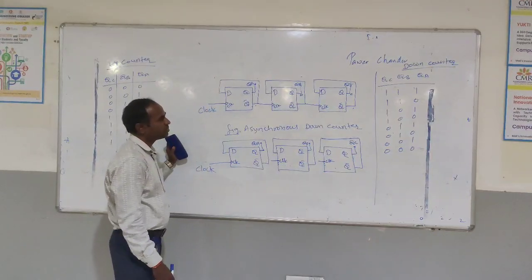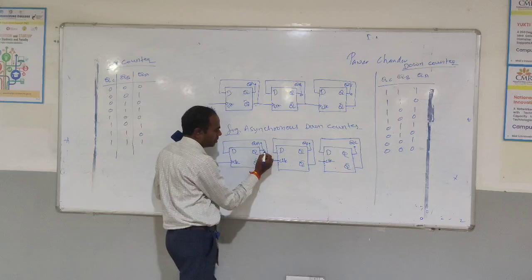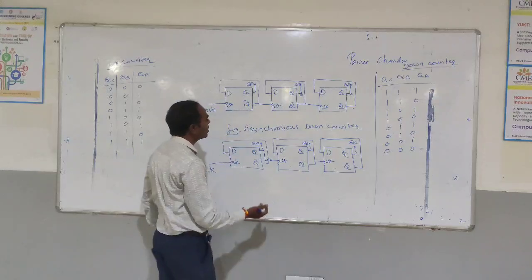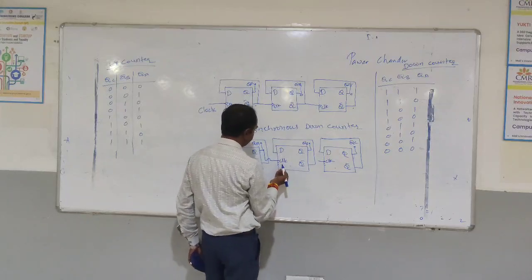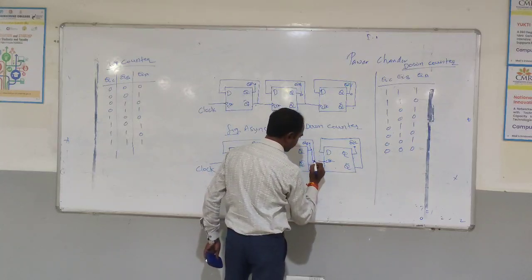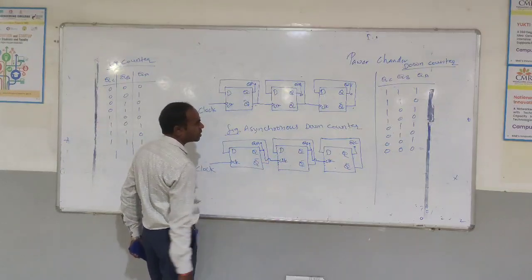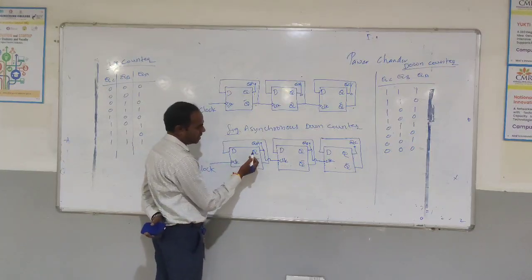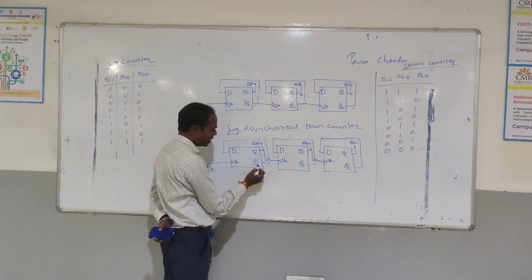Now for the up counter, the clock is taken from the Q, right? In a down counter, the clock is taken from the Q bar, the complement of the output, and the second flip flop's clock depends on the output of the first flip flop. Now again we can check the result when we apply the clock pulse here, right? Then our output equals D, and D is again connected to the Q bar. So here you can see